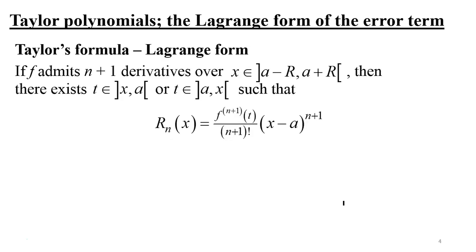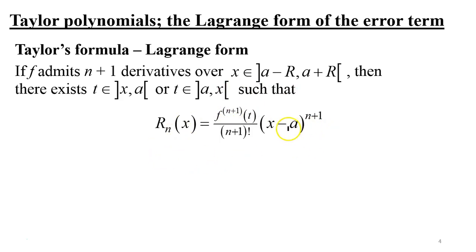Now, if we move to Taylor's formula, or the Lagrange form of the error term given by this approximation. In order for the Lagrange form to hold, f needs to be differentiable at least till the n plus 1 order. So if f admits n plus 1 derivatives over the interval of convergence, a minus r, a plus r, then there exists t in [x, a] or t in [a, x] such that